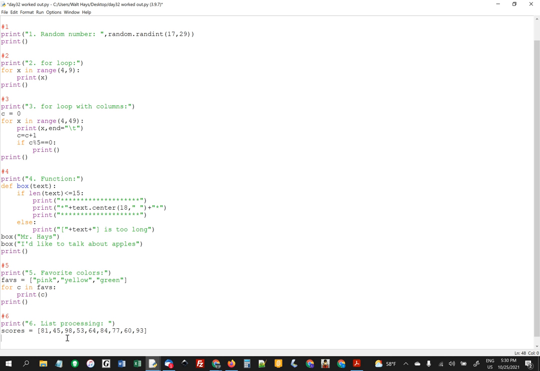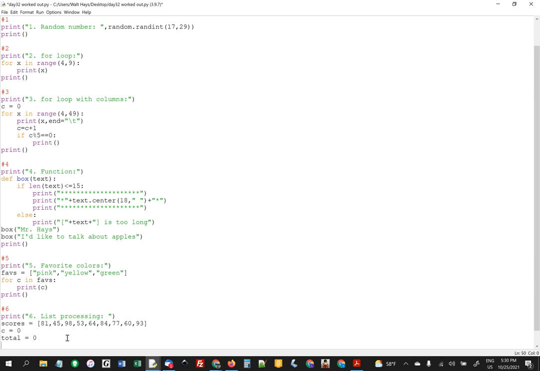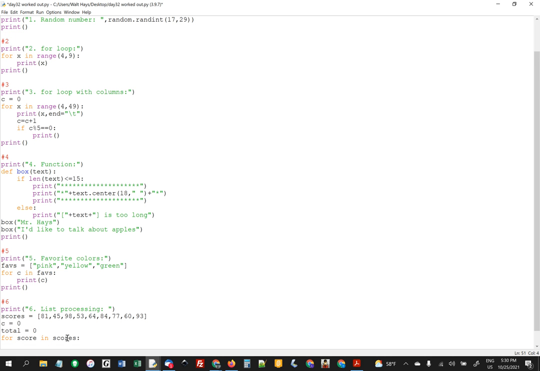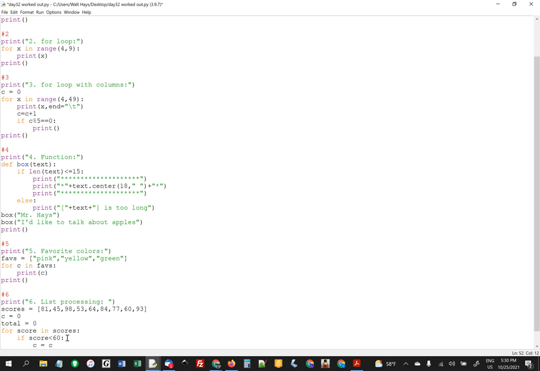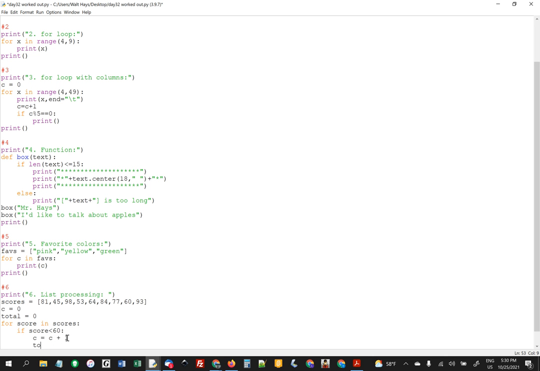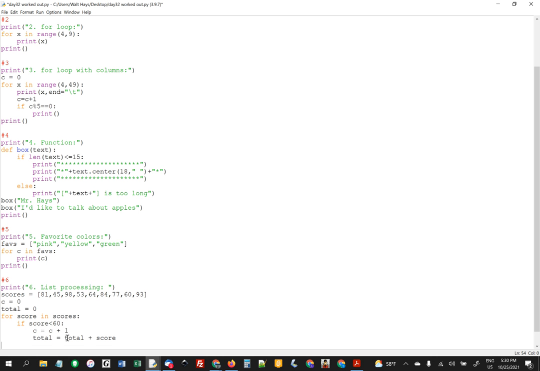So what you want to do is have a count variable that has 0 in it, and have a total variable that has 0 in it. And then you can say for score in scores. And you can say if score is less than 60, then C equals C plus 1, and total equals total plus score. And after the for loop, I got after the for loop by backspacing there, I can print